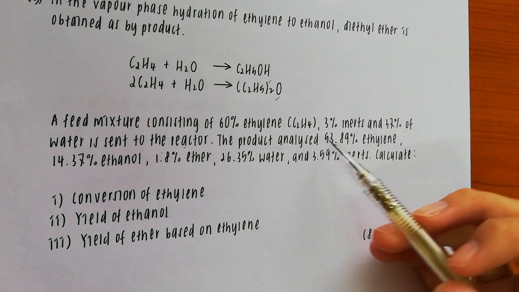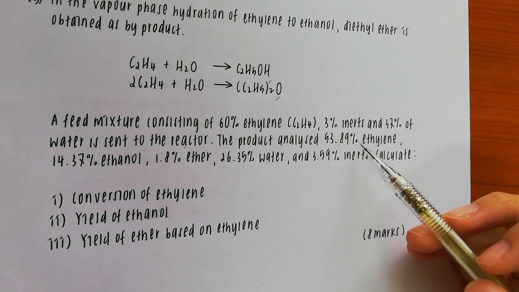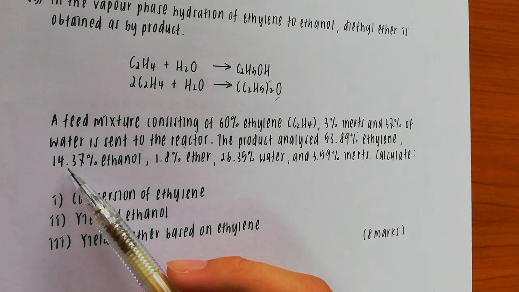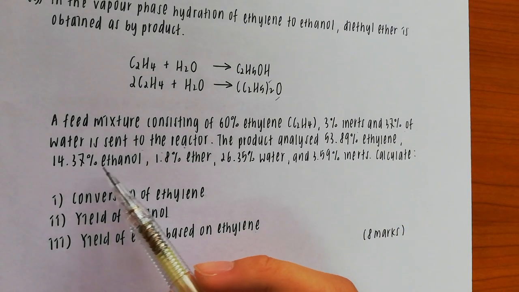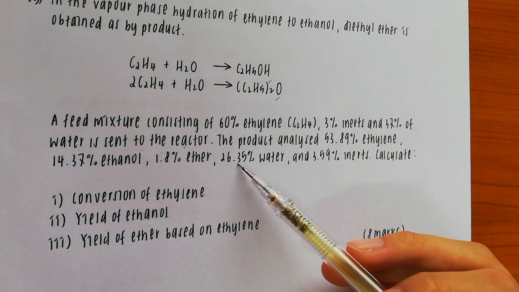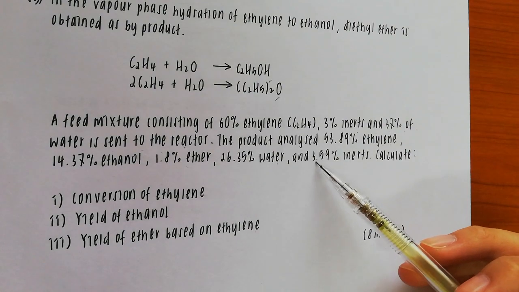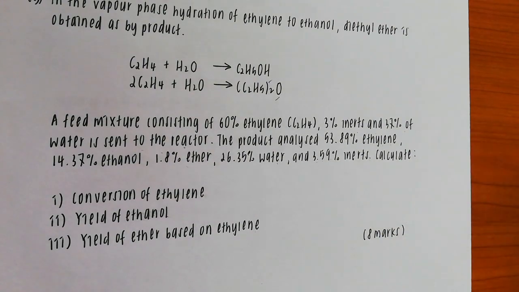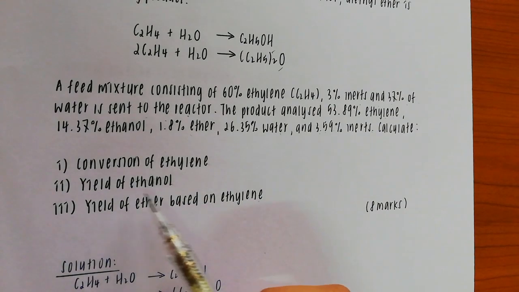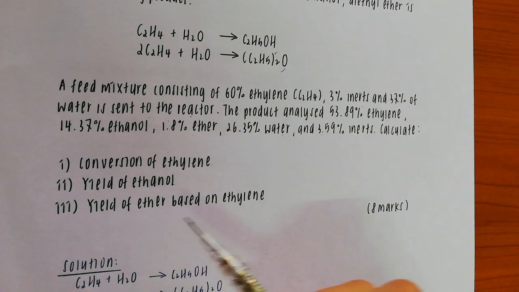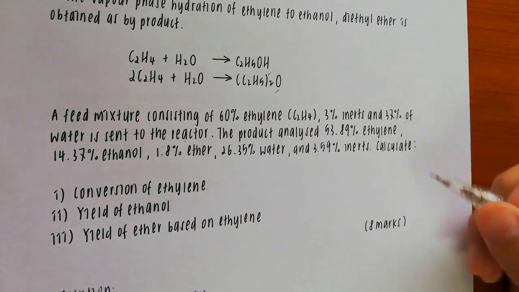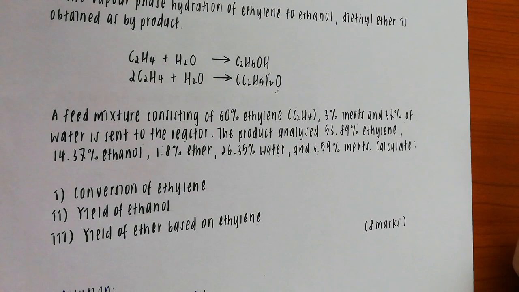The product analysis: 53.89% of ethylene, 14.37% of ethanol, 1.8% of ether, 26.35% of water, and 3.59% of inerts. So the question wants us to calculate the conversion of ethylene, the yield of ethanol, and the yield of ether based on ethylene. So now, as usual, after we have read the question,